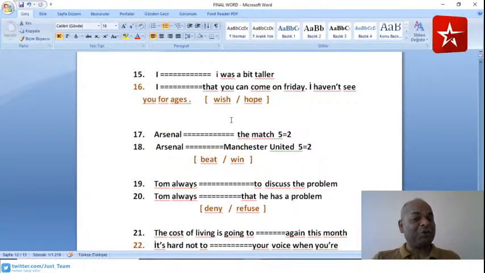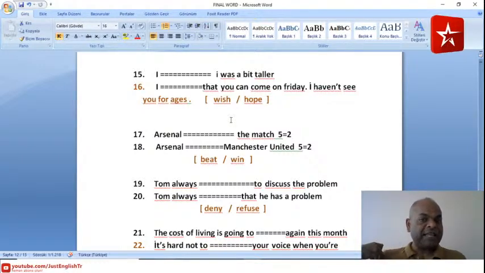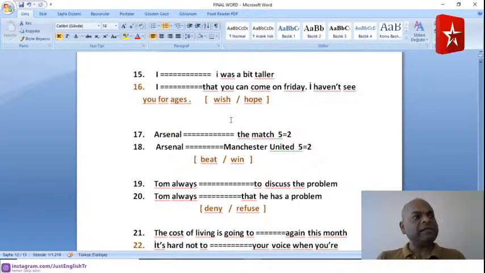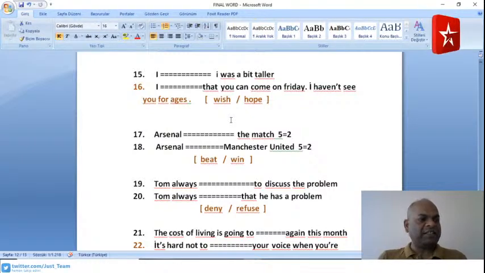Now let's go to number 15 and 16. Okay, let's go to number 15 and number 16. Students are writing here. Nilush says wish and hope, well done. Kinan Karadak says wish, well done. Nilsu says wish, hope, and then Aishi Mimi says hope and wish, no. Nishat says wish and hope, well done. So your answer is, your 15 will be wish and your 16 is hope.